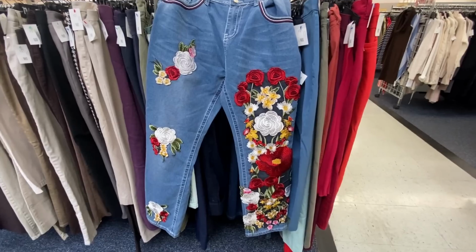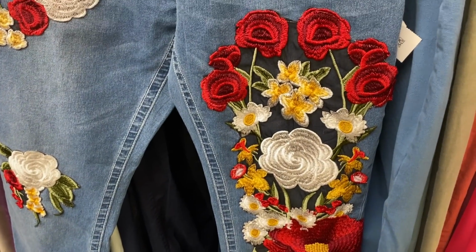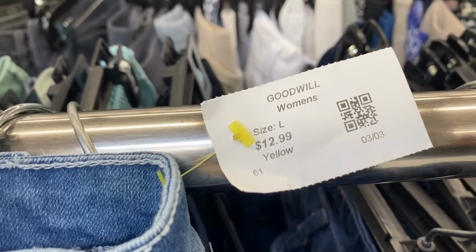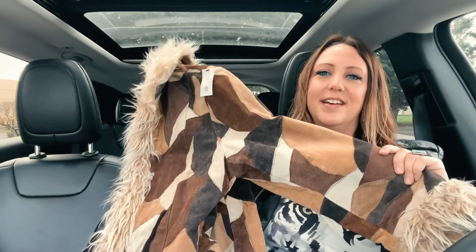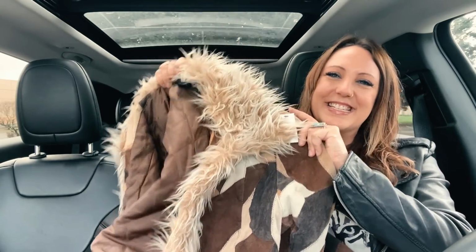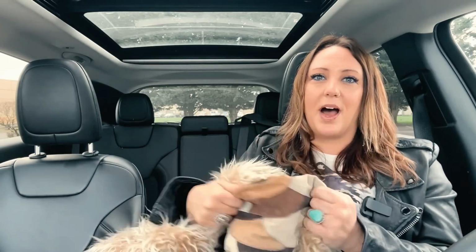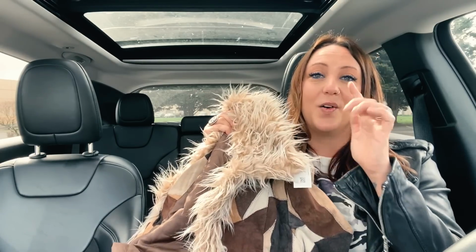It is so funny how far away you can spot something in a Goodwill if you've got the thrift radar. I spotted these pants from 4 aisles away. You guys just heard me say in my relics video last week that I was really into 1970s patchwork. And this is brown on brown on brown. So my soul is very happy today and I'm very excited about this. This is the 1990s version of the 70s that became really popular after That 70s Show came out. So this is a fabulous start to the day, and I've got a whole bunch of goodies here in the front seat,